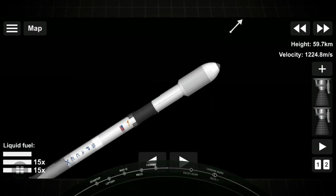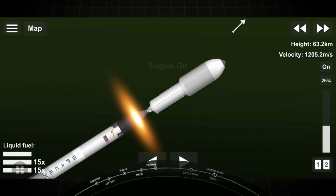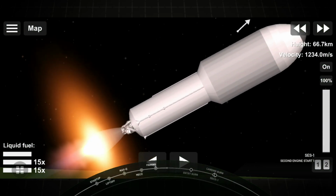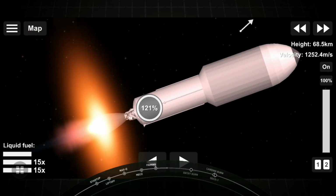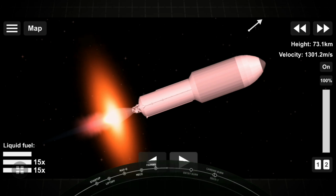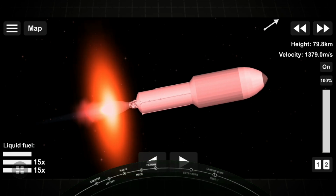Stage separation confirmed. We did have main engine cutoff and stage separation. You can see second engine startup. We did have MVAC ignition, that is second engine startup. On those live views from the second stage on your right, you can see the first stage's